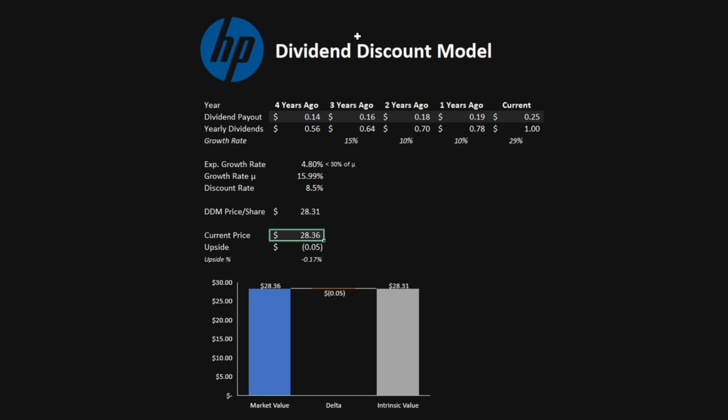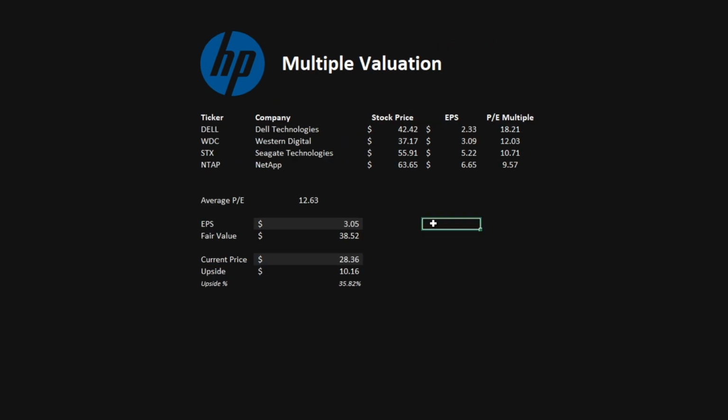This is very close to the current price of $28.36, and our downside is only 5 cents, which is 0.17% downside. The last model that we'll be using is the multiple valuation. By looking at similar companies to HP, looking at their stock price and their earnings per share, we get an average PE multiple in the industry. In this case, the average PE is